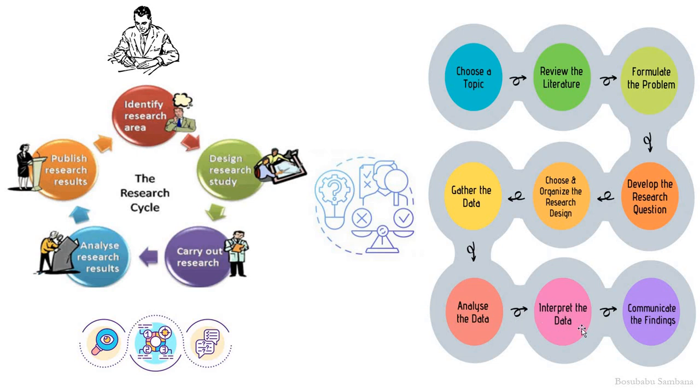Finally, communicate the findings. That means your work is unique, then it is proven work. Then you plan to publish on one platform. That means either the conference approach or the journal approach. For the conference approach, there are different types: international conference and national conference. International conference